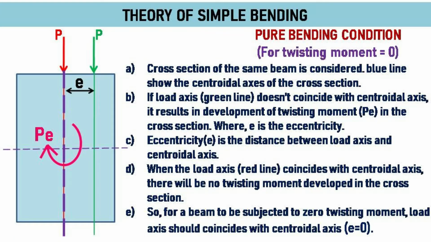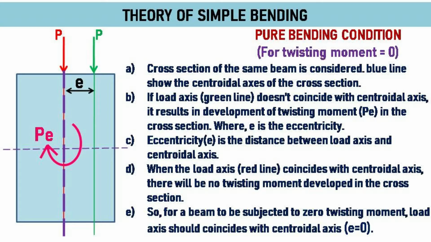Slide 3. Now, to make twisting moment equal to 0, consider the cross-section of the same beam. Centroidal axes of the beam are shown as blue lines. If the load applied doesn't pass through the centroidal axis, there will be some eccentricity of load. This case will further result in development of twisting moment of magnitude P times e, where e is the eccentricity